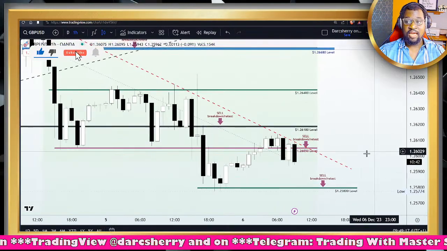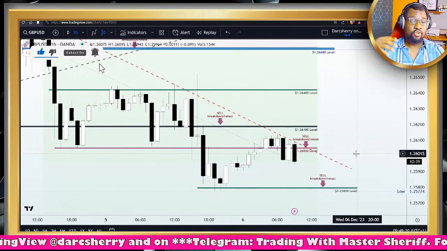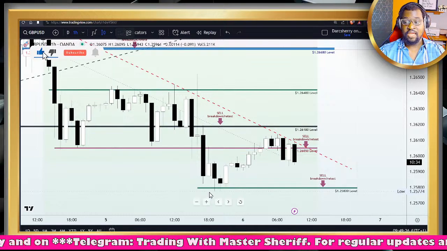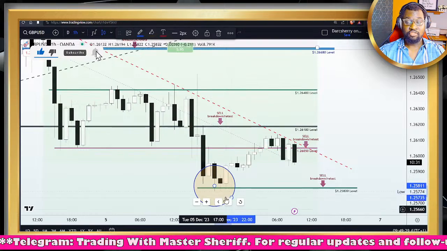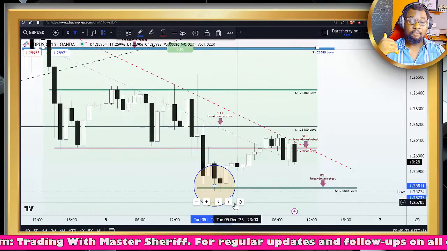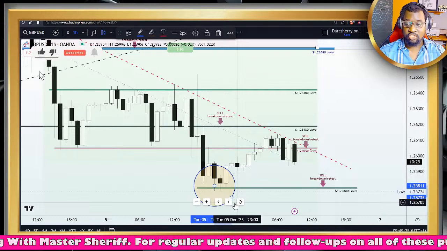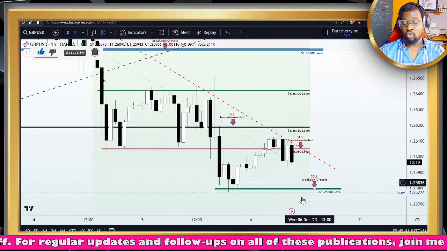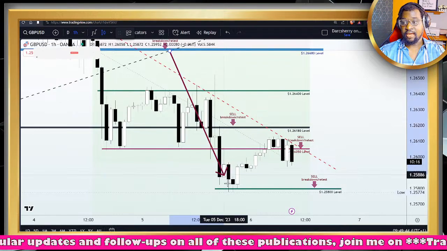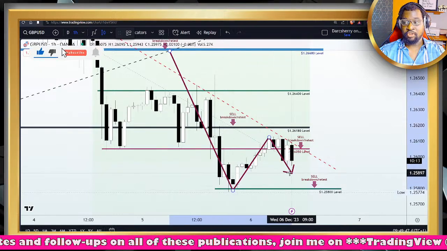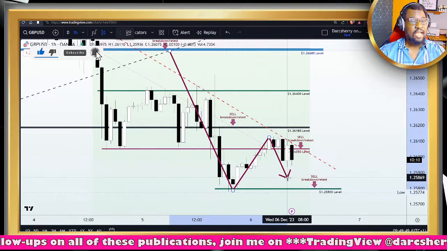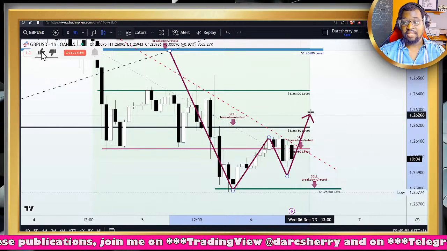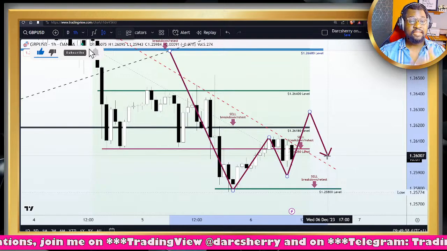However, in as much as we are looking out for selling opportunities, we cannot ignore the potential that buyers could also come in. Of course, we saw what happened here yesterday for about 3 hours. We saw how sellers were trying to break through the structure, but failed at every point in time. Now, this situation could turn out to be a reversal pattern. Something like if price is unable to break the previous low here and we see a higher low sort of a thing, then we could have something like a reversal pattern where the breakout of that trend line will give us an insight into the